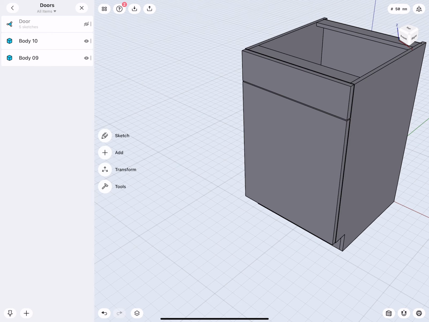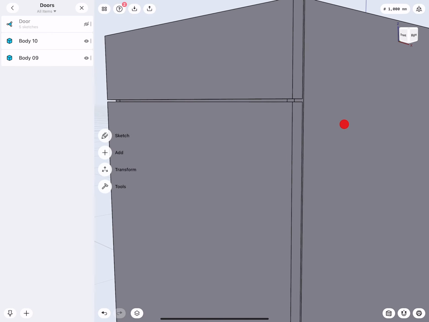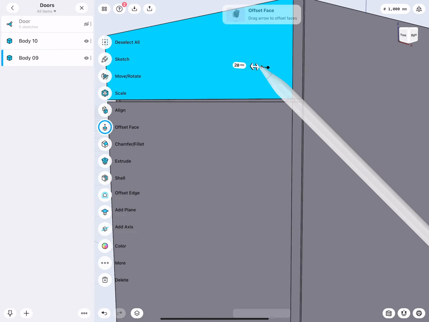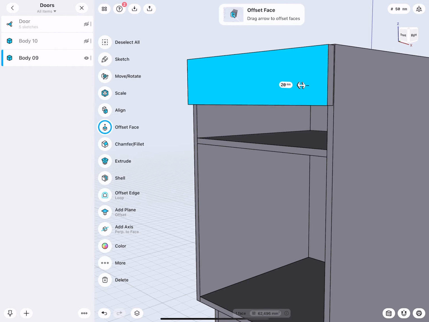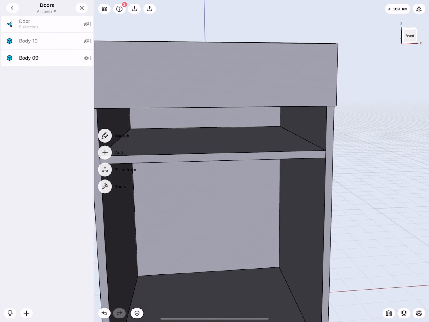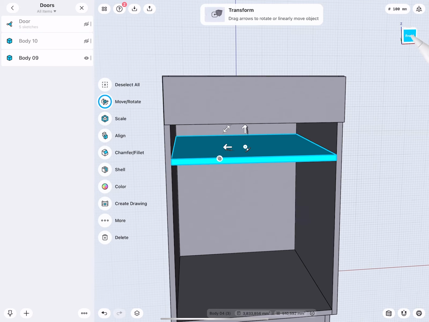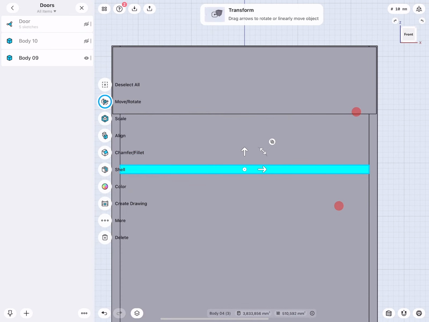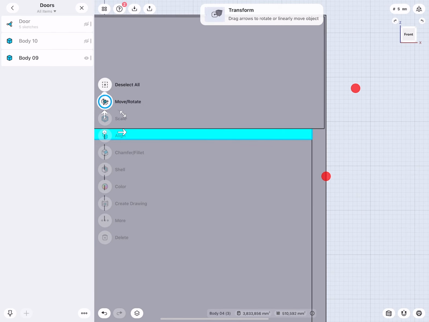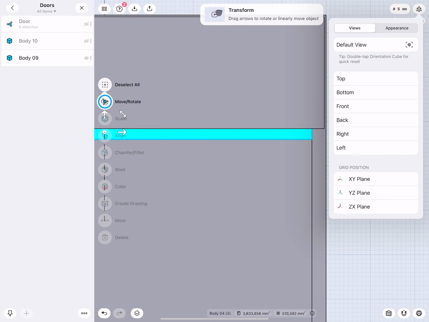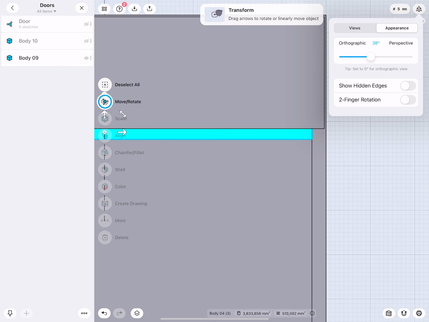How could I say that? The position for the drawer is done. So that means we have to maybe move this shelf up a little bit. We would like to have a spacer. If we go to here, appearance, we could say show hidden edges.